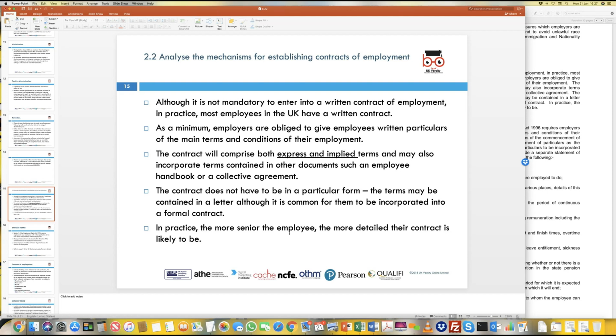Now, in most cases, you will see that the length and the information provided in contracts can vary. If it's a contract being offered to somebody working in the front office, in the administration, in the reception, or in the operations of the business, the contract might be 2 or 3 pages long, because there are not many express or implied terms which need to be included. But sometimes these contracts run into multiple pages, and some of them have different types of clauses.